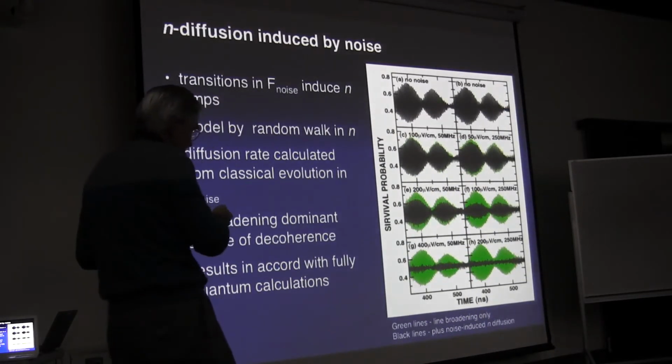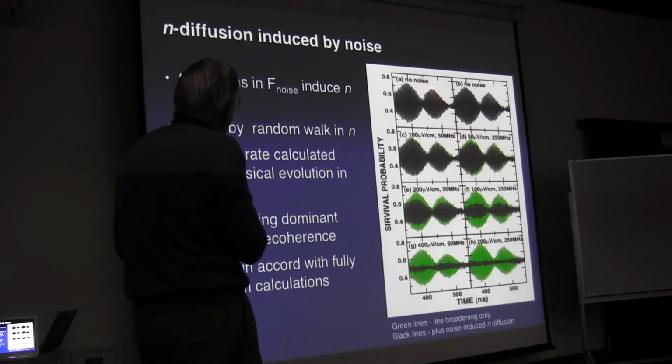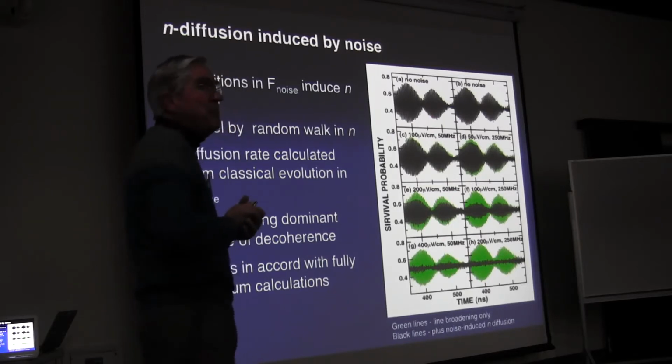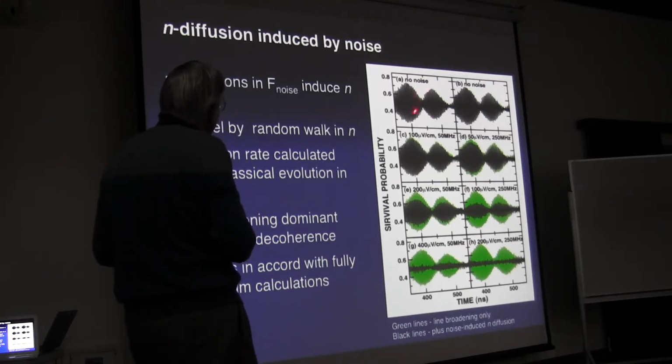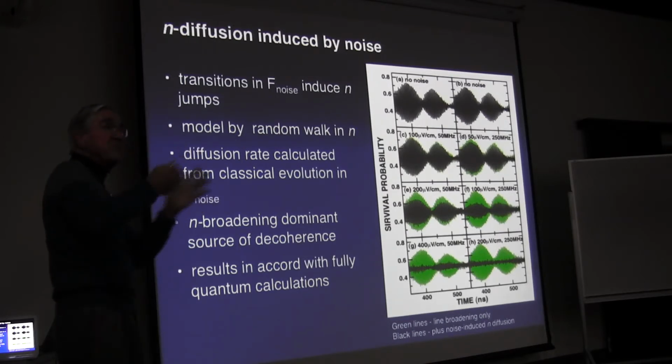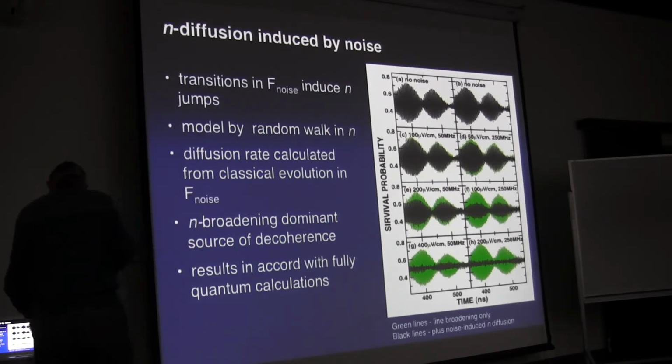And here are the results of theory. If we only consider the decoherence that's due to the Stark broadening, you would get, as a function of strength of field, quantum beats that look like this. They don't depend much. If, however, you include all that evolution, the transitions in N, the broadening of N levels, you see that these revivals rapidly go away. Okay? So the dominant source of decoherence here is jumps, transitions between different values of N.